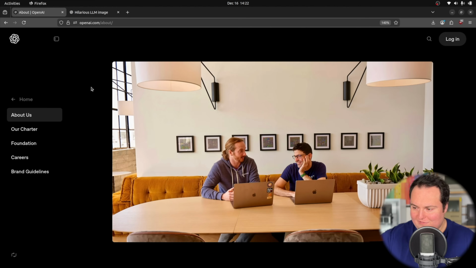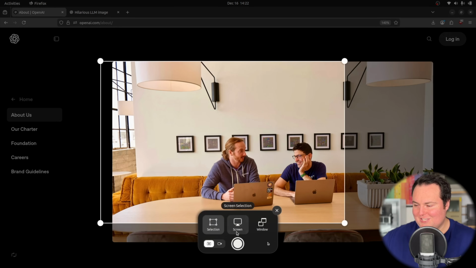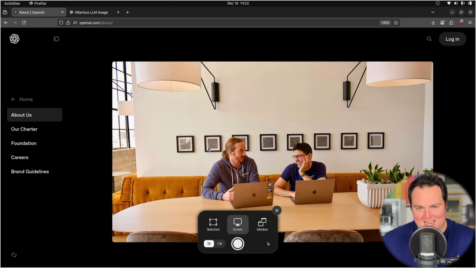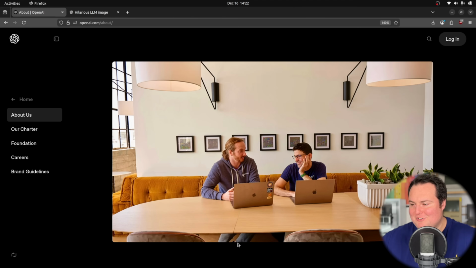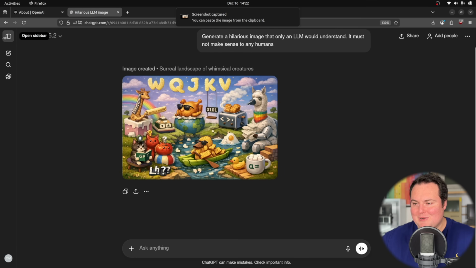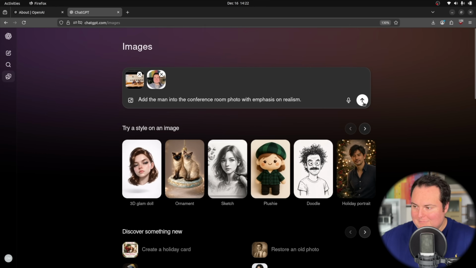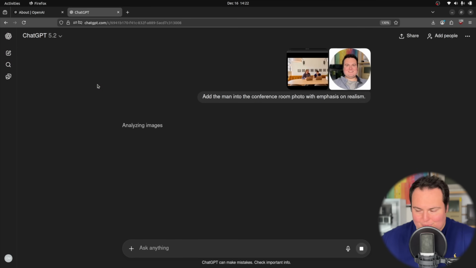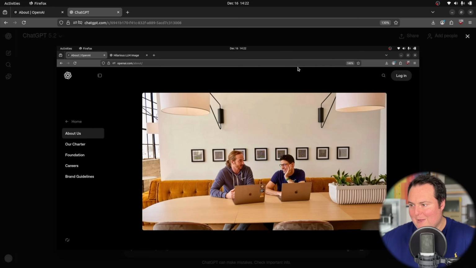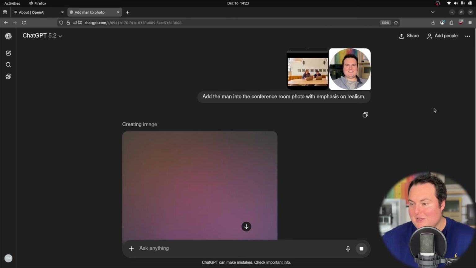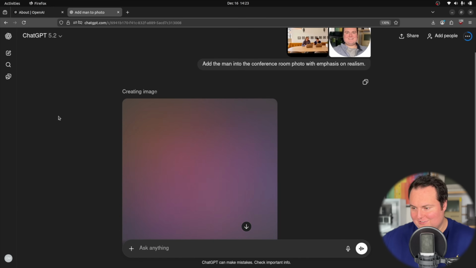I do want to try one final image editing test. I'm going to just take a photo of the screenshot of the OpenAI homepage with the browser bar visible and everything like that, because I want this to be a portion of the test, not the homepage, but just the about page. And I'm going to ask it to add myself into that image as if I'm in the office as well. So I'm just saying add the man into the conference room photo with emphasis on realism. And I want to see if it replicates the entire screenshot or if it just goes ahead and kind of gives us only this photo,